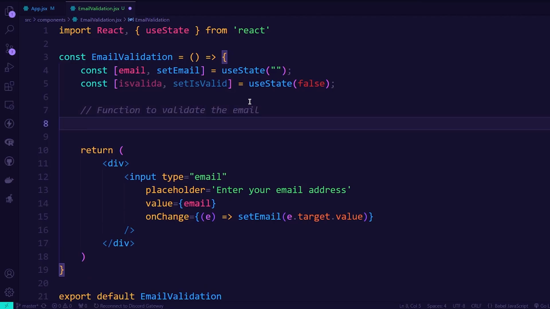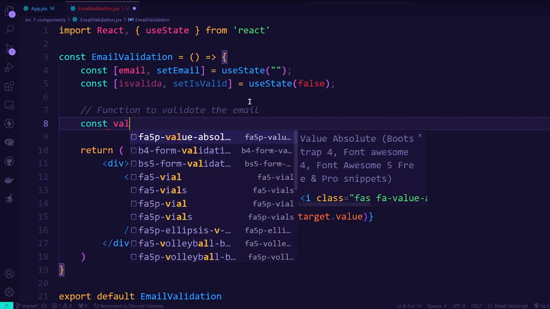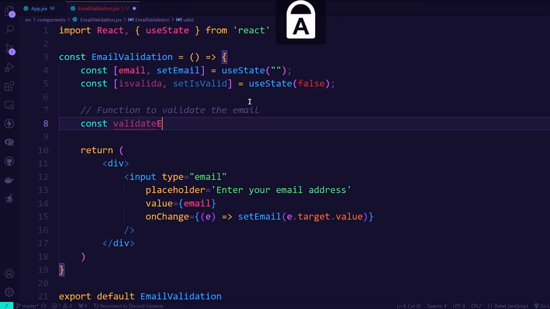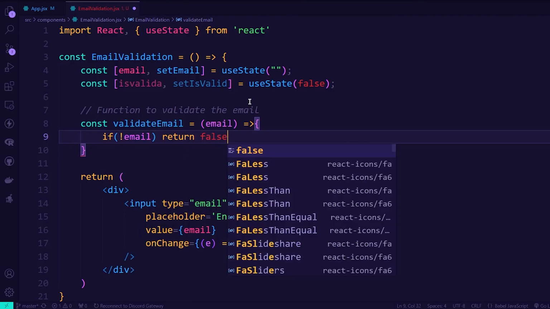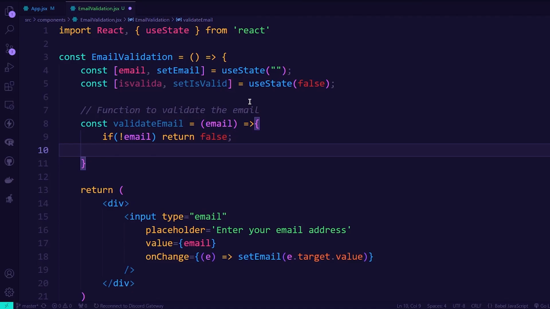Okay, now I'll write const, what the name of the function will be, like validateEmail. Okay, so this will take an email parameter, and this is an arrow function. So first of all I'll check, like if there is no email existing, then I would say return false. And in this kind of